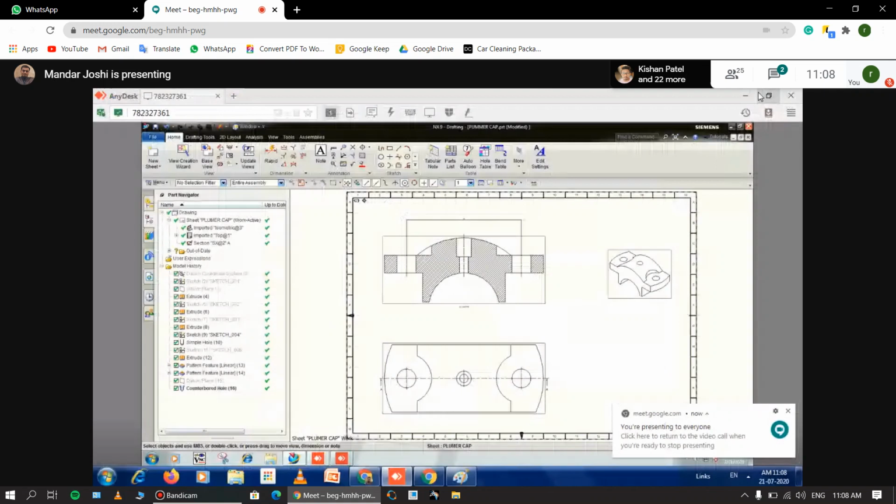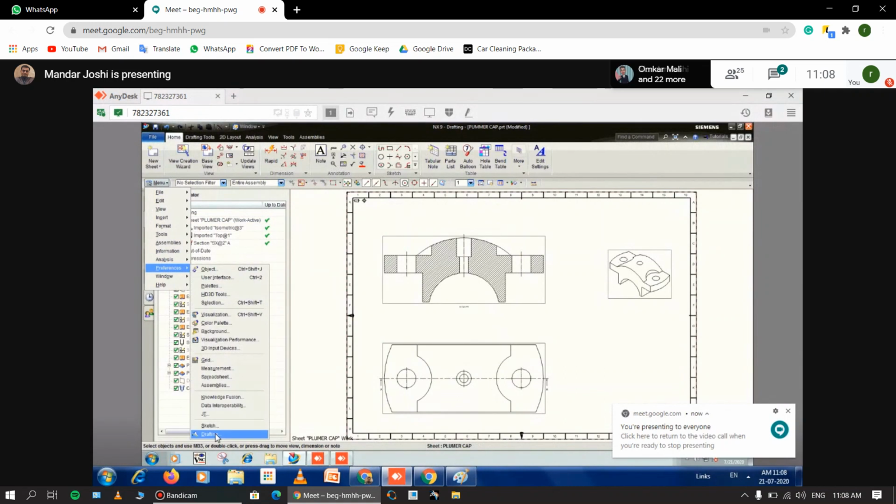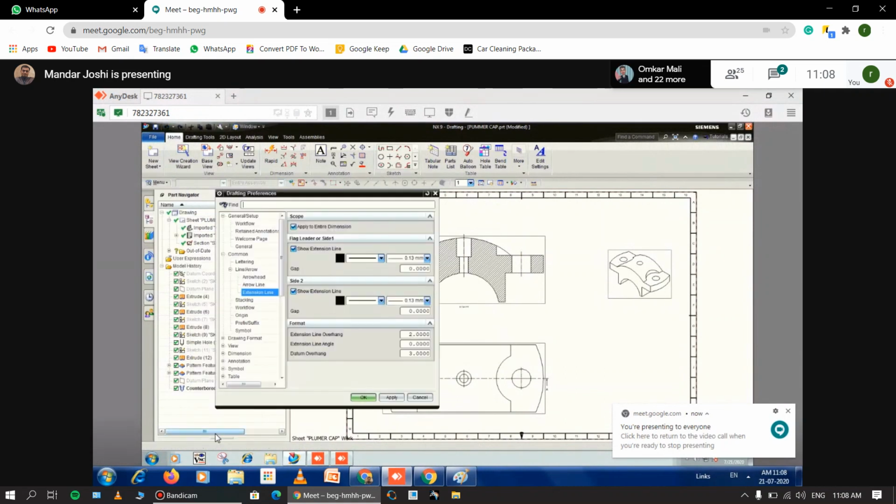To show the dimension size again, I just delete this. Go to menu, preferences, drafting, where you get the information of dimension text inside the dimensions.